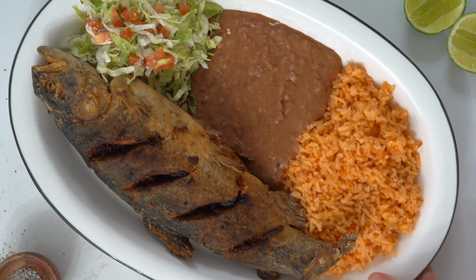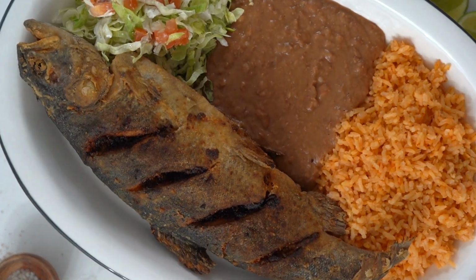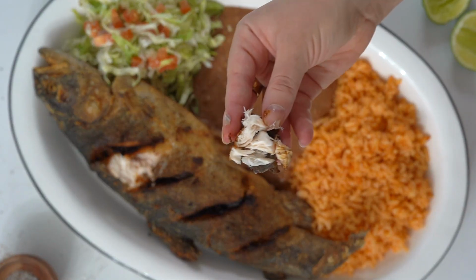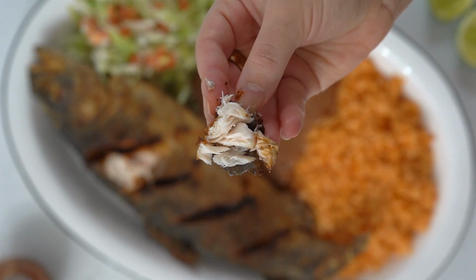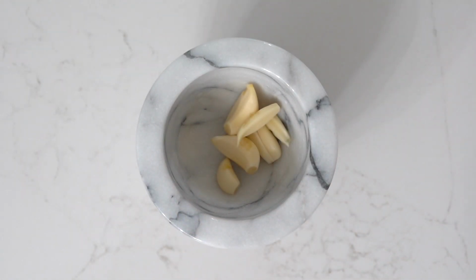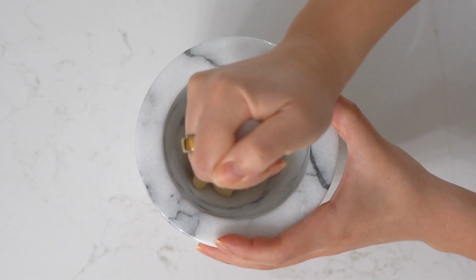Hey guys, today we are making a mojarra frita, a whole fried fish. You can do this using a trout, snapper, really any kind of whole fish you can find at your local seafood market. So for my recipe, I like to start with some garlic and I like to mash this up